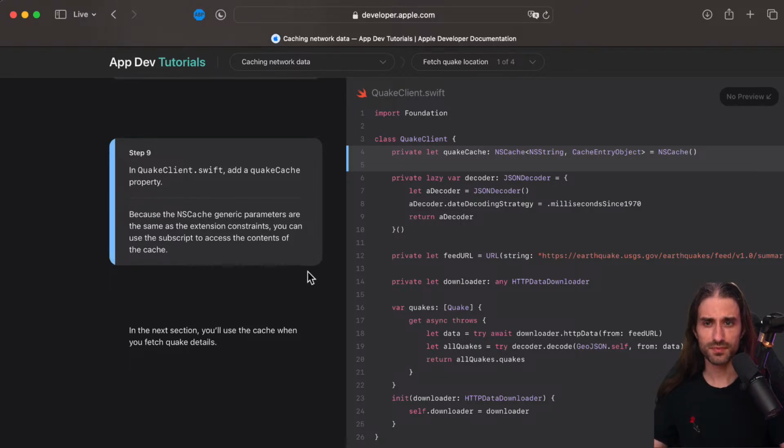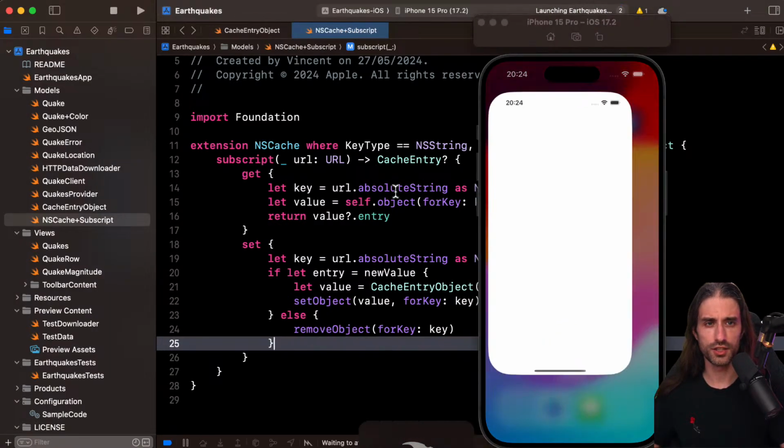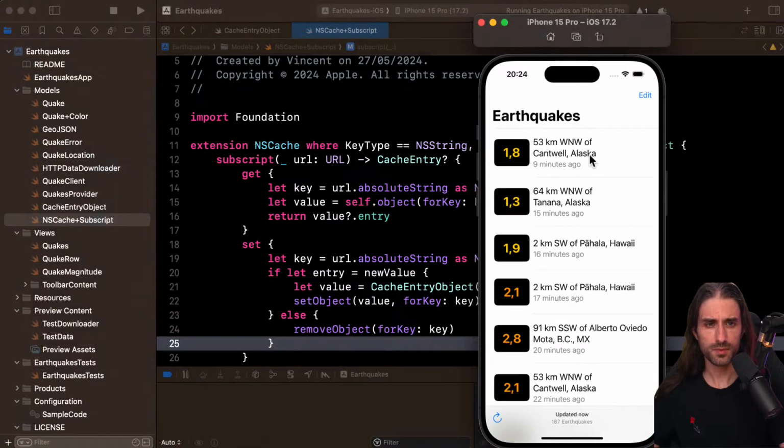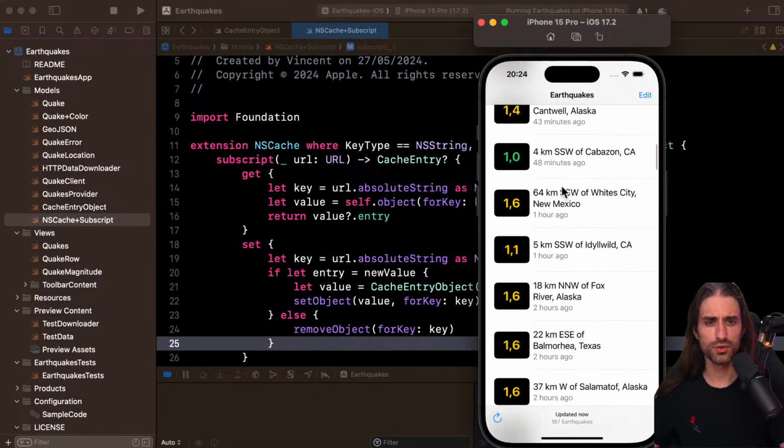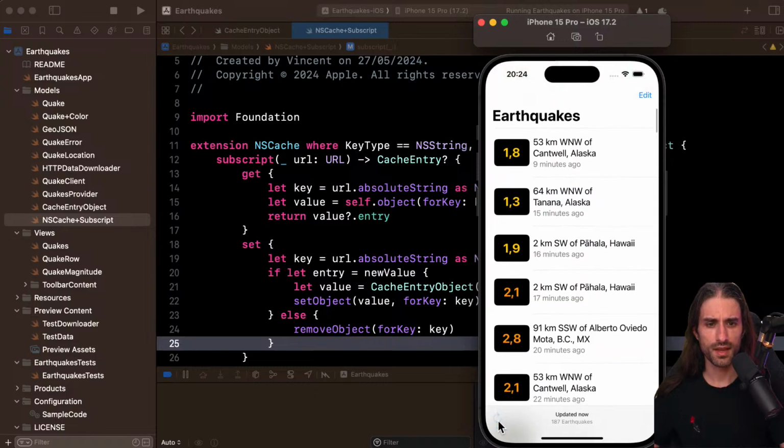All right, next we move to something that is part of the existing code. So by the way, let me launch the app so that we can see what it looks like before I start changing the existing code. So you can see it shows data about some earthquakes, and we can reload here. We can pull to refresh, and if we click on an earthquake, for now it doesn't do anything.